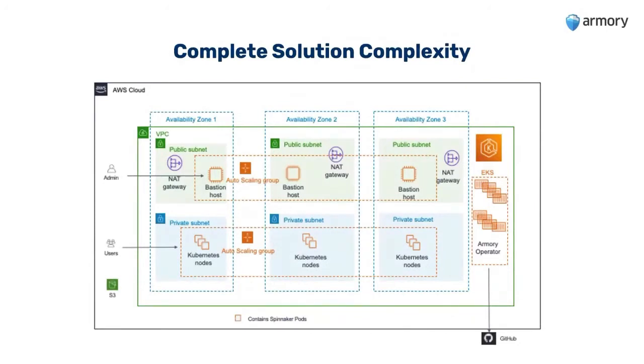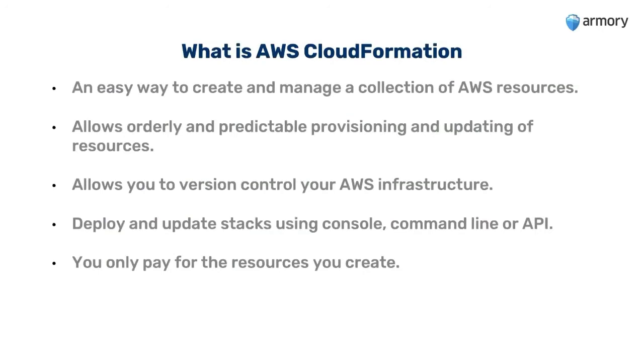This is the VPC with the 3 availability zones, the bastion host, the Kubernetes cluster, our Armory operator. We are using the Armory operator to install into the EKS cluster, and so on. And so I keep mentioning this CloudFormation. For anyone who's not familiar with it, it's an easy way to create and manage a collection of AWS resources. It allows orderly and predictable provisioning and updating of resources. It allows you to version control your AWS infrastructure. It allows you to deploy and update stacks using console, command line, or API, and you only pay for the